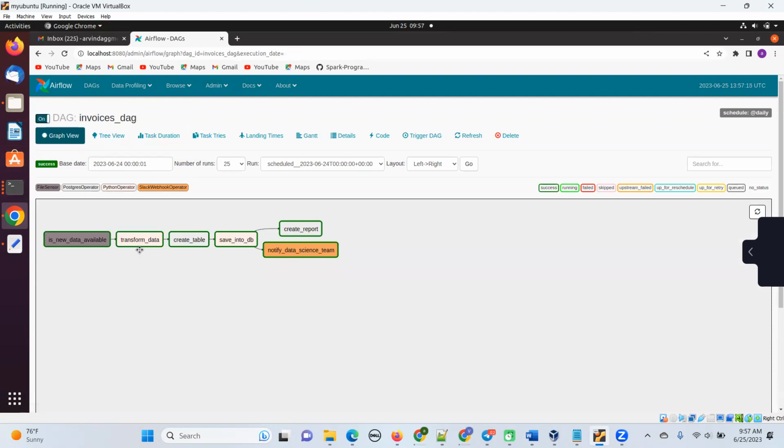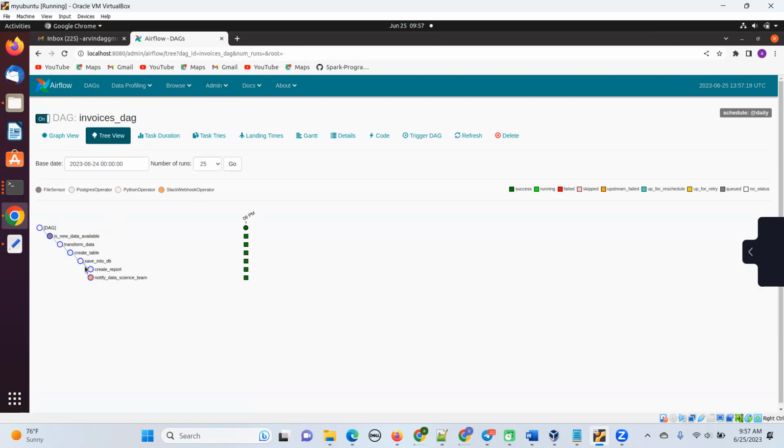And here we can see the DAG form. One is the tree form, a tree form structure. There are different tasks and dependencies between the tasks. These two tasks, create report and notify the data science team, depend on the save into DB. So if we look at here,